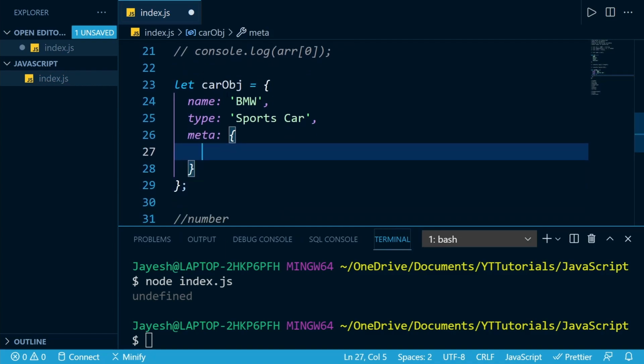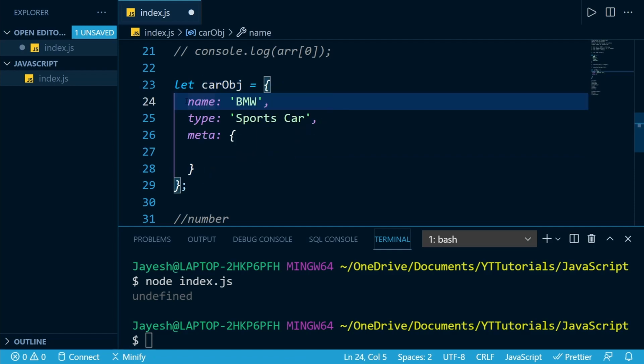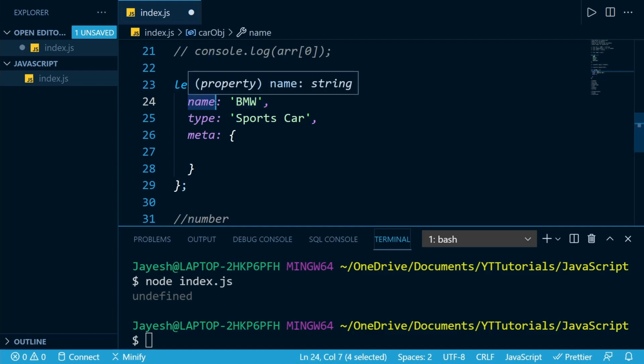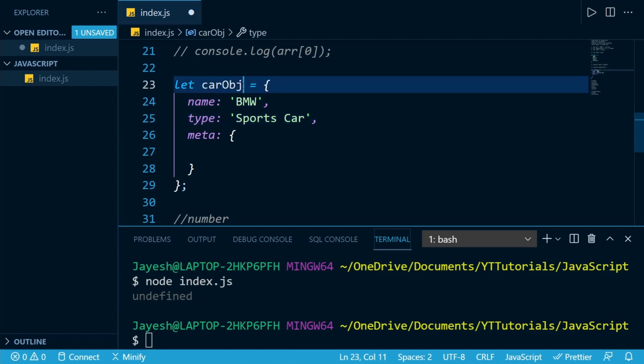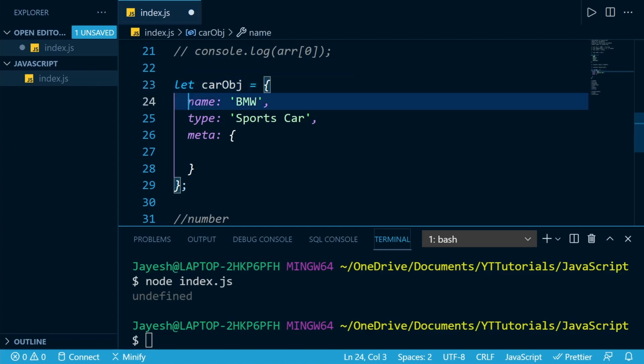So the keys or the properties of our object, you can call them using both names. They are properties of our object, and they are the keys for some value. This acts like a key if we want to access this value. I will show you how to access them.